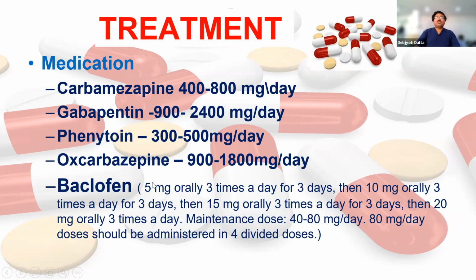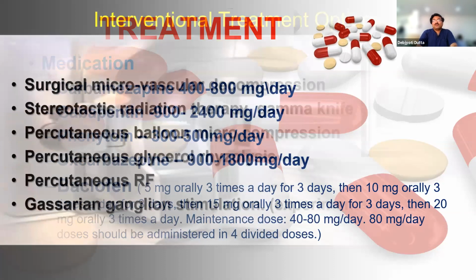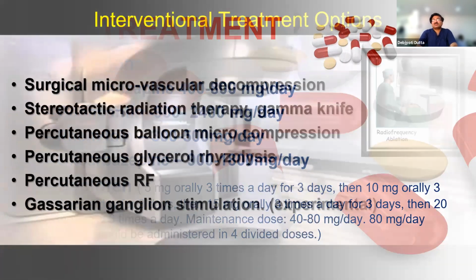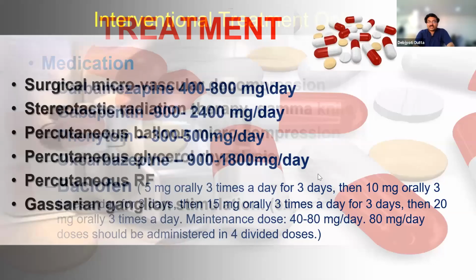Another drug, which is not a neuropathic medication in other areas but is actually a muscle relaxant that works in trigeminal neuralgia, is baclofen. The starting dose for baclofen is 5 milligrams orally 3 times a day. But if you are using a sustained release preparation, you can start with 10 milligrams and then gradually increase the dose up to 40 to 80 milligrams per day, total daily dose. So these are the medical managements for trigeminal neuralgia. Here also, the initial principle is the same: monotherapy is preferred over multiple drugs. But if monotherapy is not giving the desired result, we can go for combination therapies.